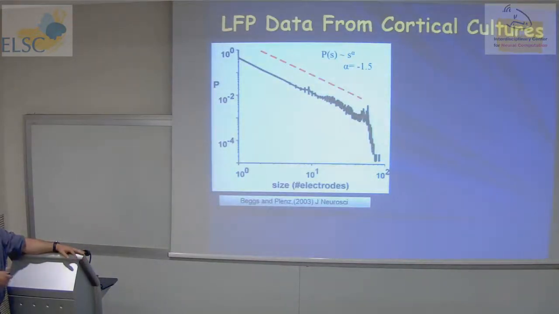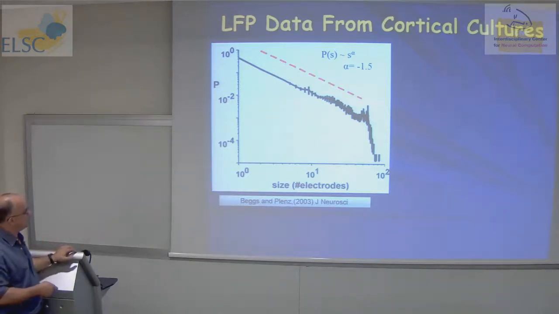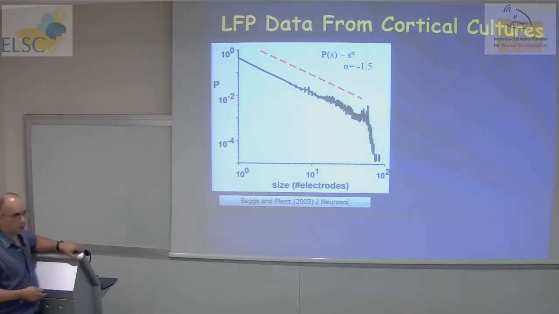So here are some results. I will explain exactly how we obtained them. At this point, I'm just saying qualitatively, these are sizes of cascades. This is the density. It's a log-log scale. And these are results from an organotypic culture of cortex from rat. And you see a power law until a certain cutoff, which is at about the system size, the number of electrodes you have in the array. And there's a reference power law here with a negative 1.5 slope, and you see that they're roughly parallel.